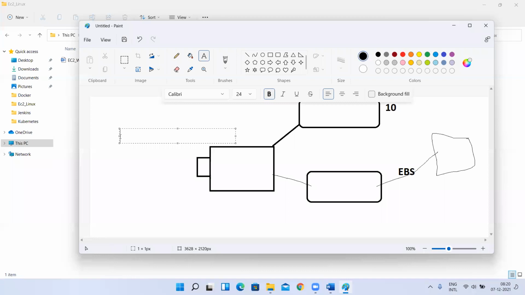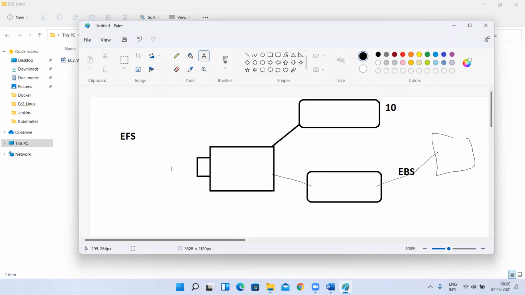For that, like EBS, there is one concept called EFS, the Elastic File System. If you use EFS, then two instances can use the same volume. But remember, if two instances want to use the same volume, with EBS that is not possible, so we have to use EFS.